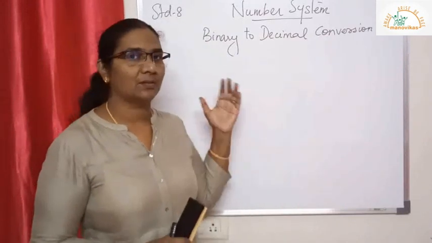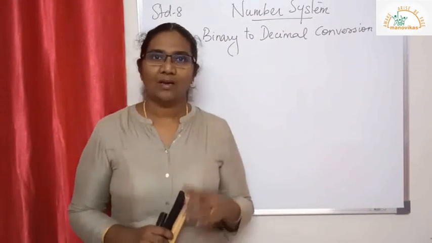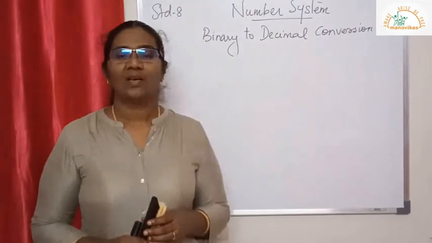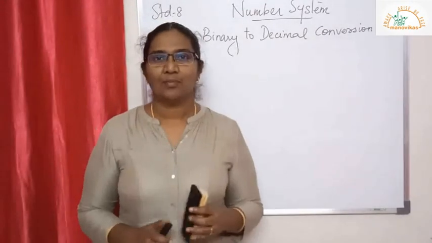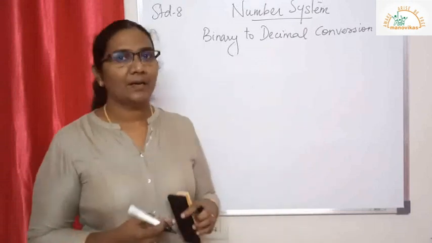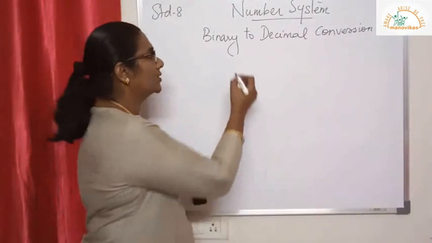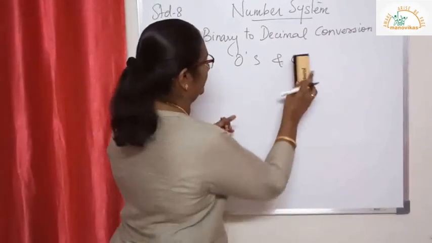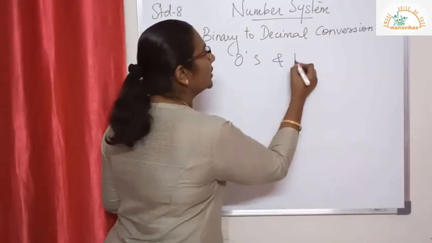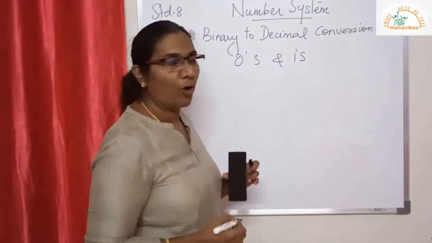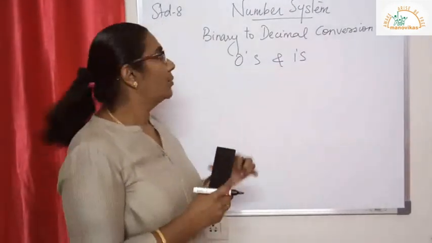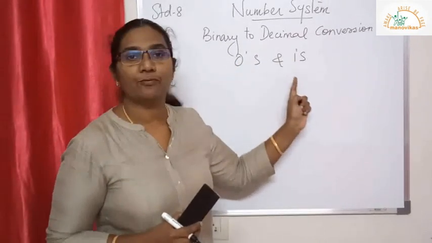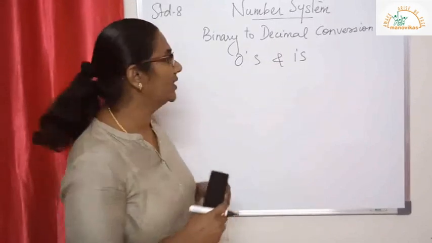Before I start with binary to decimal conversion, I just wanted to revise what a binary number is. I believe everyone remembers a binary number means a number which uses zeros and ones. A binary number uses zeros and ones to form a number. For example,